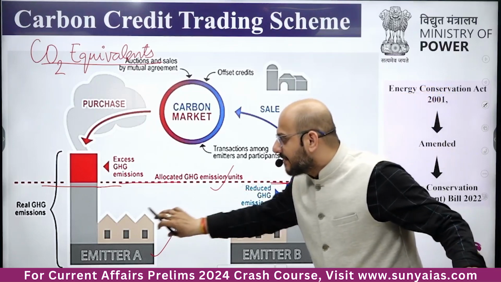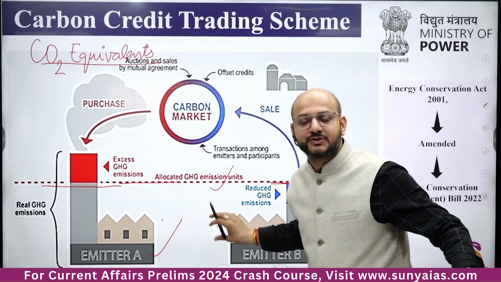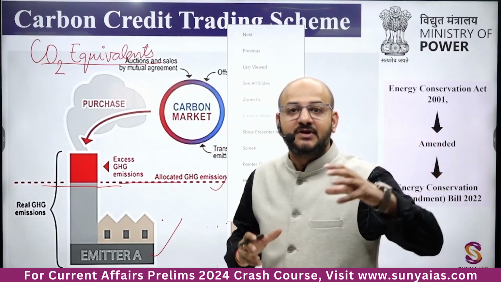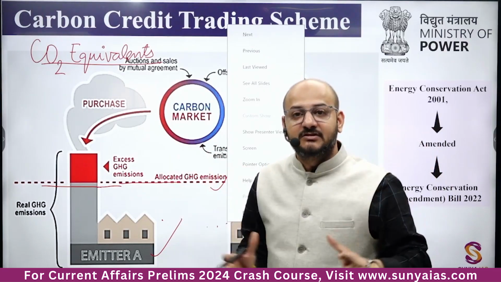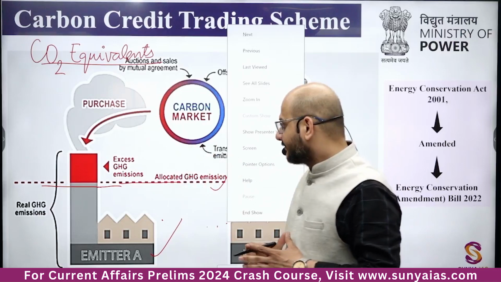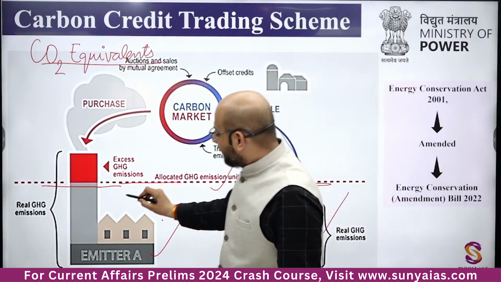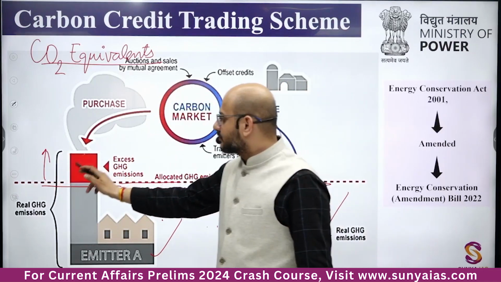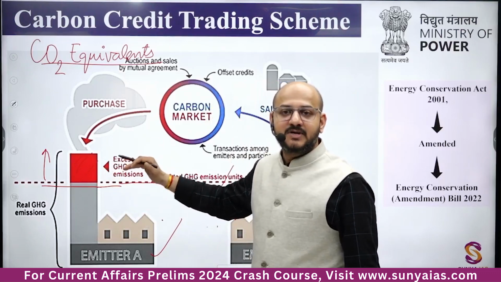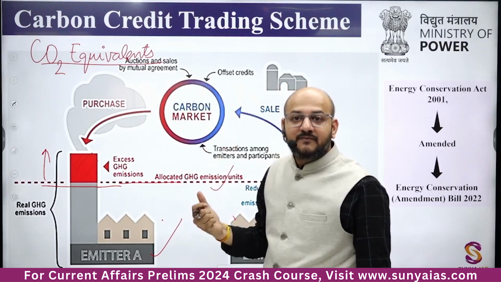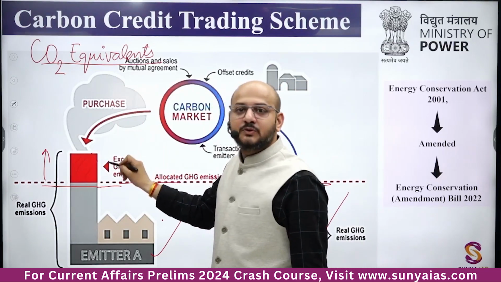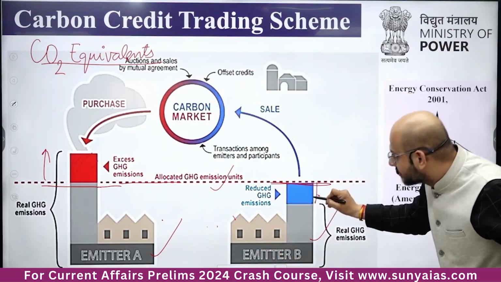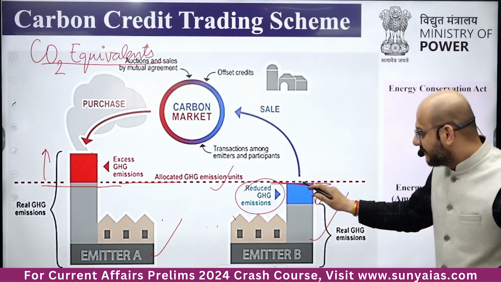जैसे यहाँ पे हम emitter A, emitter B in terms of industries or institutions we are talking about. Similarly, it is also allocated at the national levels. To different countries, certain allocations have been there. Therefore, international trade amongst the countries will also be regulated like that. Okay. So what will happen is that, for example, emitter A has exceeded the limit by a certain amount. This red line shows that it has exceeded its carbon dioxide equivalent production. Therefore, now for the extra amount of CO2 that it has produced, it has to buy certain carbon credits from the institution which has reduced GHG emissions, which emitter B